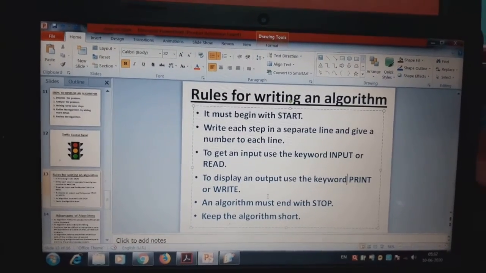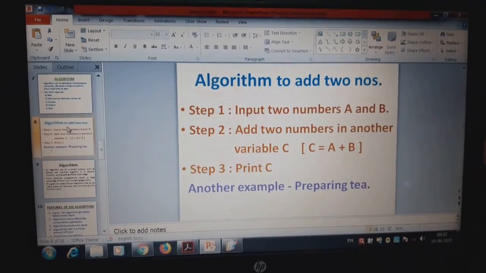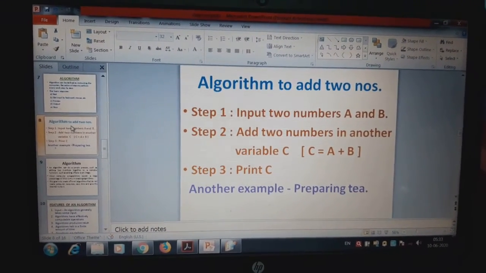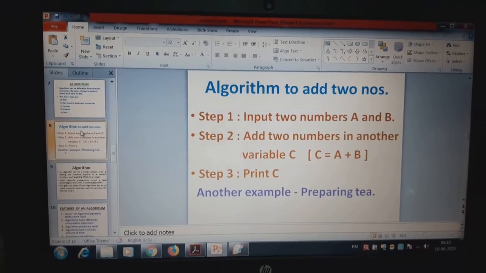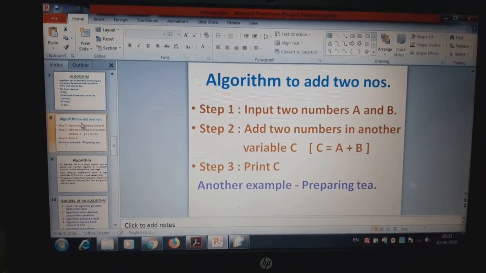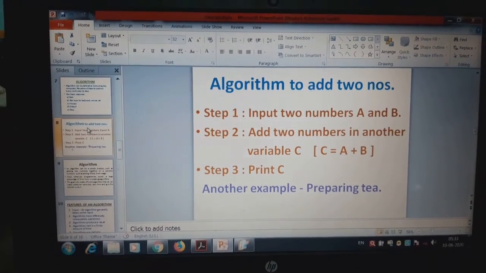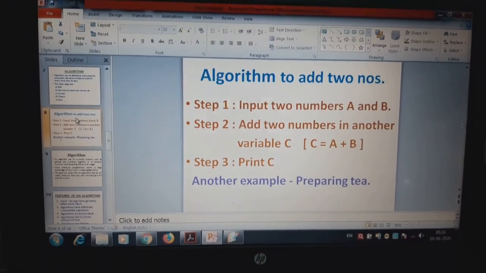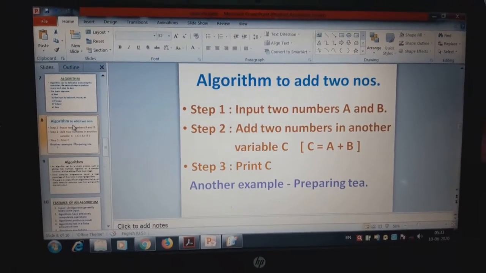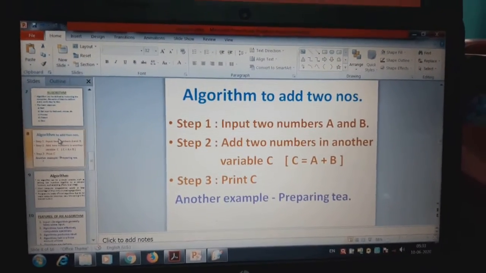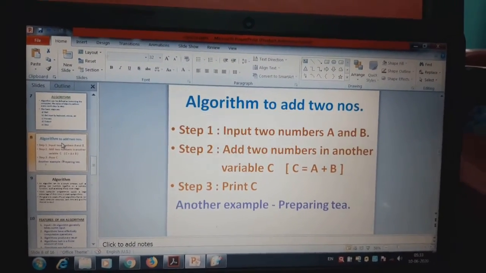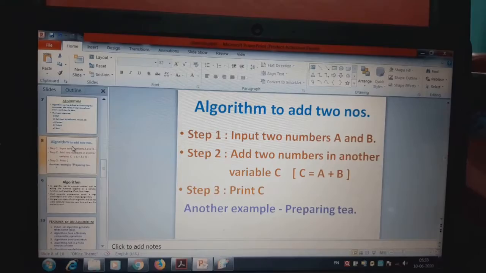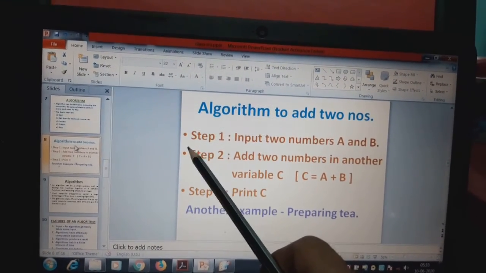I will give another example, children. Suppose we want to write a program for adding two numbers. We can use a high level language like C, Java, C++, Visual Basic, or any computer language. We can use any high level language for writing the programs. Okay, but before writing the program, you have to write the algorithm first. Suppose we want to create a program for adding two numbers, then we have to write the following algorithm. As I have told, you have to write the algorithm step wise.